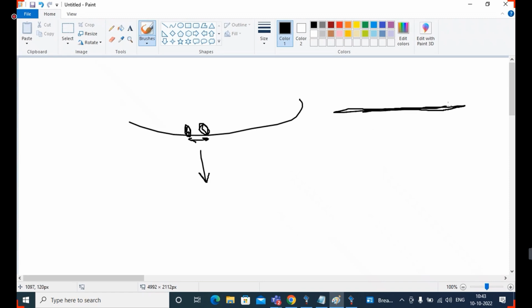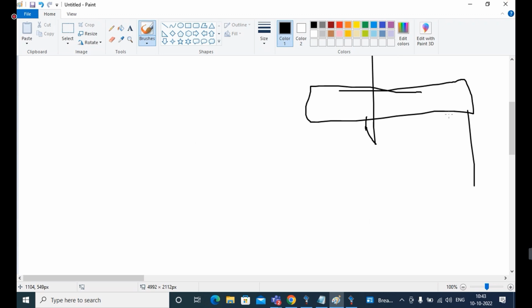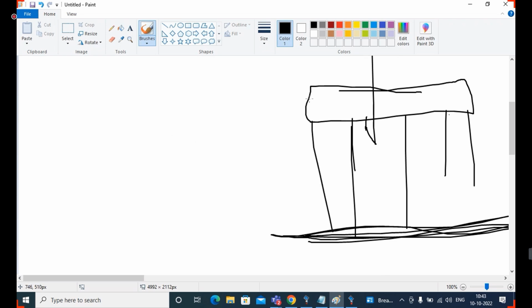Just consider this is my ground. This much distance I am going to use. In this place only I placed the conductor, that is the earth mat. After that I am going to use rods. The maximum level is here, the lower level is here, and the rod is placed up to this distance. The earth mat is placed. How many rows and columns I assigned? Based on the resistivity, you can change the number of rows and columns.